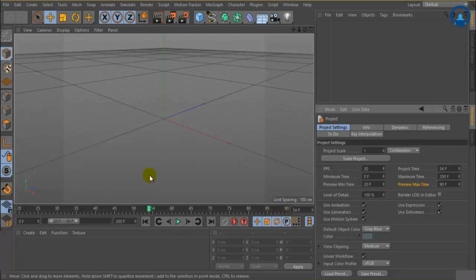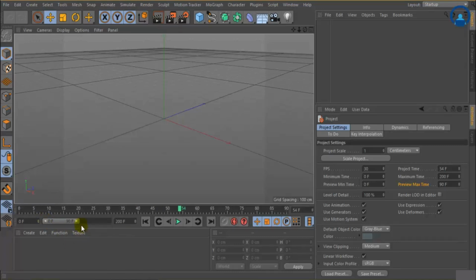This way you can adjust the preview timing, or you can click on this small white triangle and drag it to set your preview time directly by using this slider option. This way you can manage our timeline over here. These are the basic settings available in project settings.